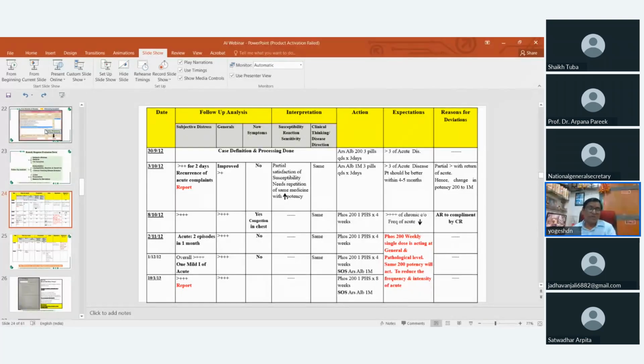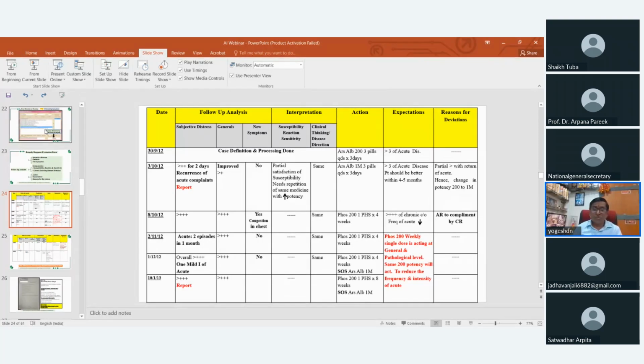Patient is much better. There is improvement. Again, there is increase in the improvement in the appetite, thirst, and the generals that are there. New symptom was there now, and the new symptom was congestion in chest. I said, okay, now the susceptibility, reaction, sensitivity, again, these things are in a better condition, and the clinical thinking is same, and it demands